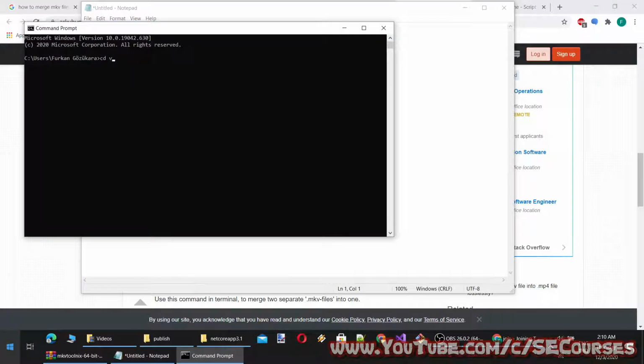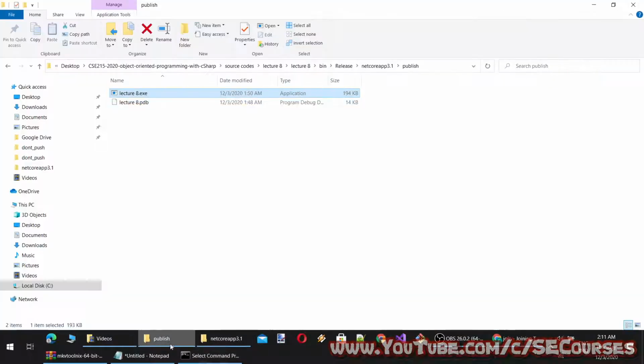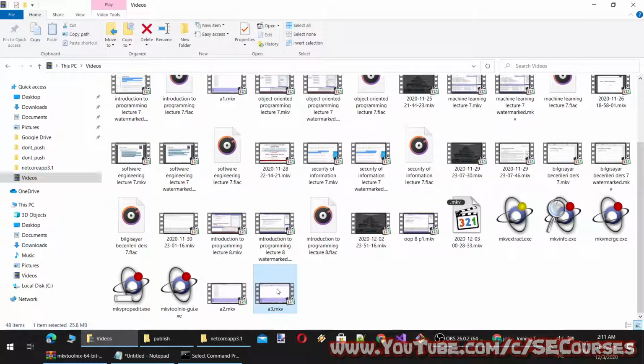So see. Okay, it has merged them into the new file since they were the same format. You see, it is checking whether they are the same format or not. Since they are the same format, it is combined into A3. This is how easy it is if the two files are the same format.